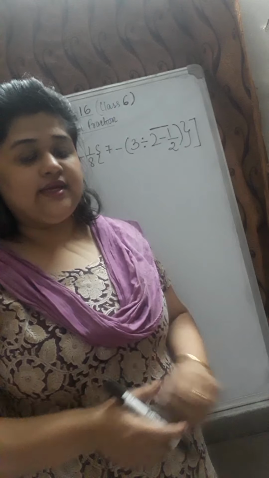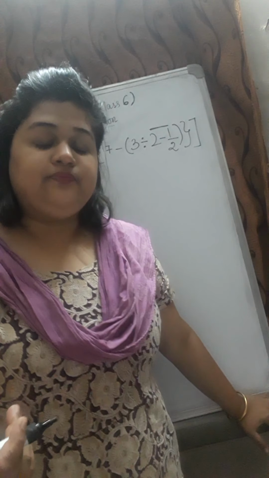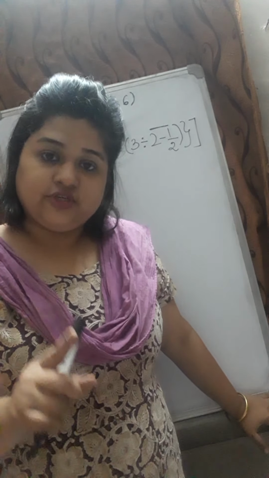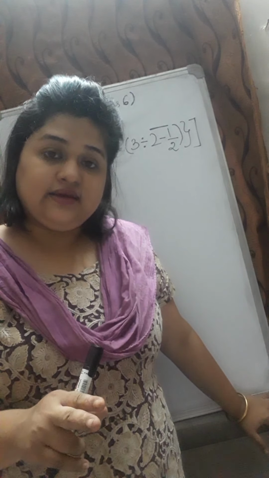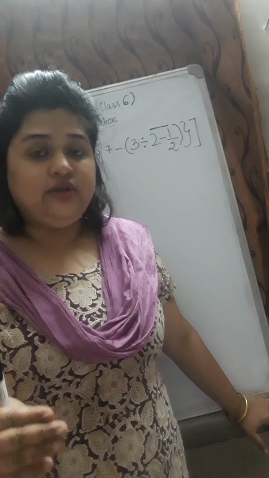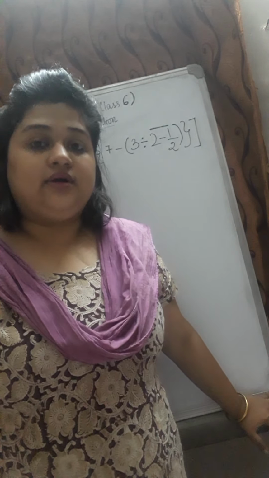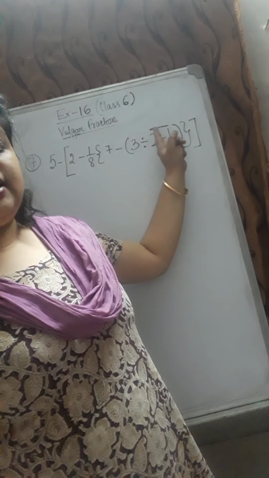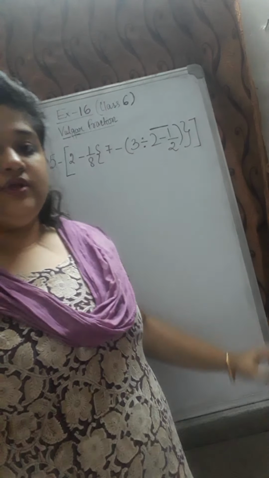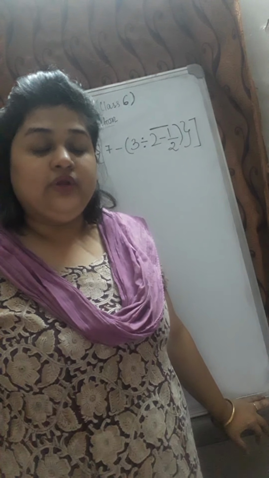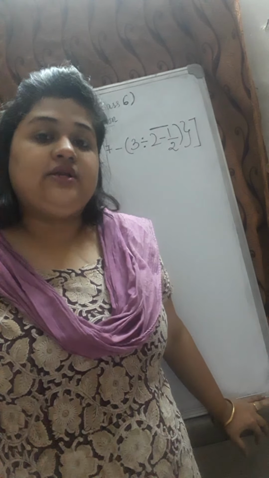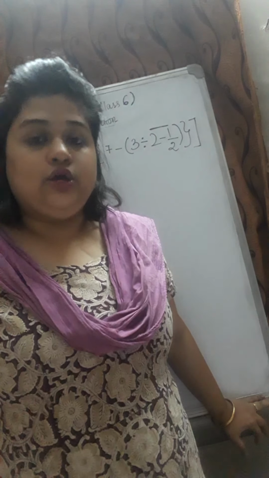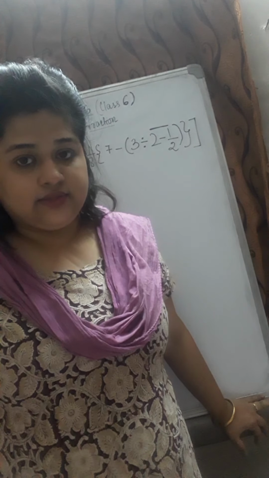Now in brackets I said you have three brackets. What do you solve first? The first bracket, then the second bracket, and then at the end the third bracket. Now what is a bar bracket? If any straight line is drawn on top of the numbers, we call that a bar bracket. Now when this bracket is solved, it is solved even before you solve the first bracket.